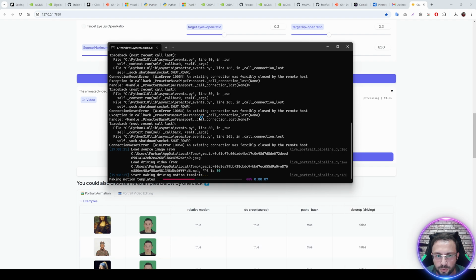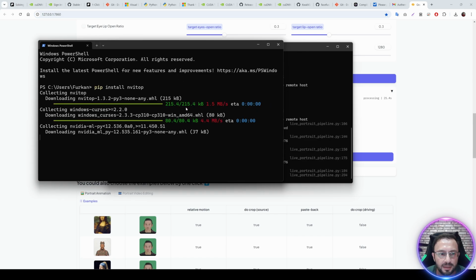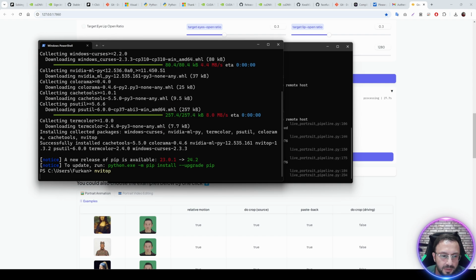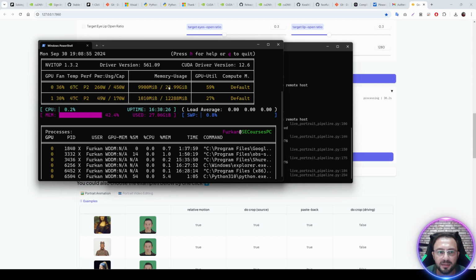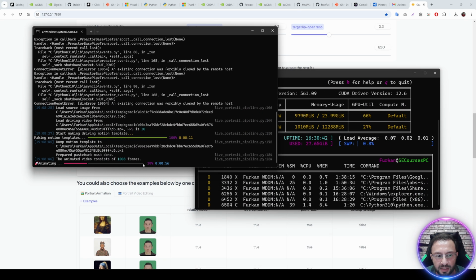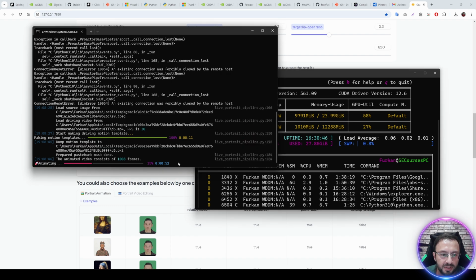Another thing that I'm going to show you is nvitop. So pip install nvitop. You can install this system-wide, it's fine. This requires Python 3.10. I don't know if 3.11 works. Type nvitop like this and you will see which GPUs are being used and how much. This is my main GPU and this is my second GPU. On the second GPU I run OBS Studio to record audio and video, and on the first GPU it is running LivePortrait. You see it is animating right now. It is pretty fast and it is not using much VRAM, as you are seeing right now.